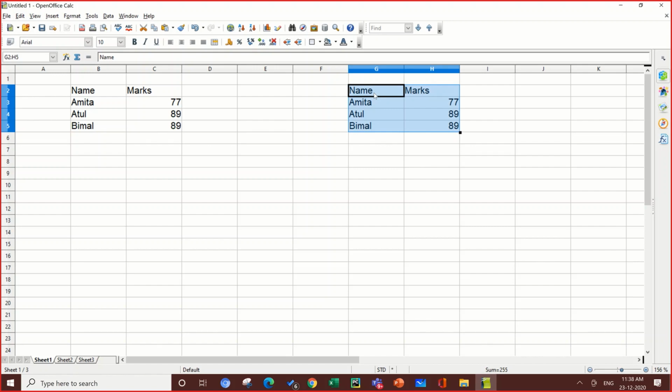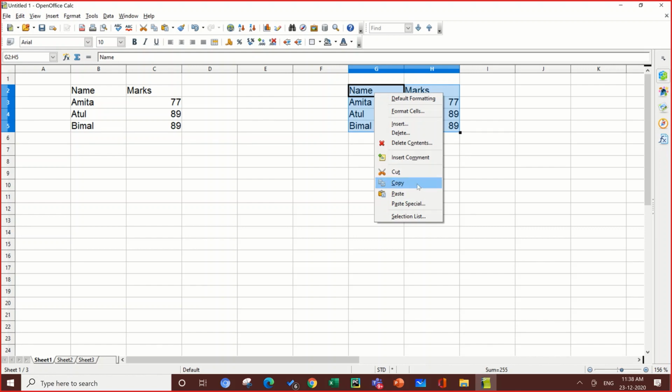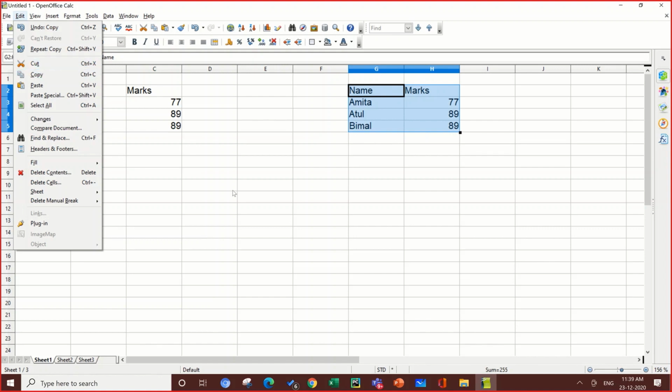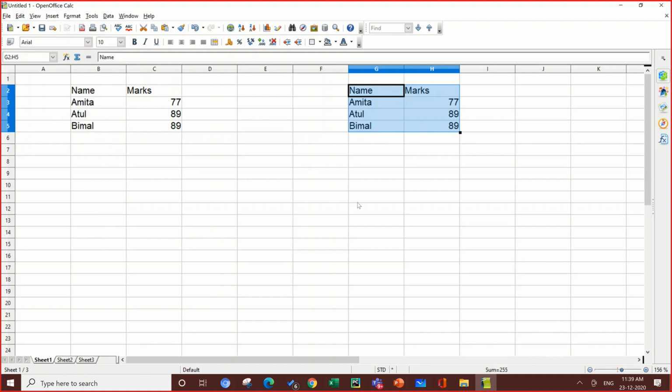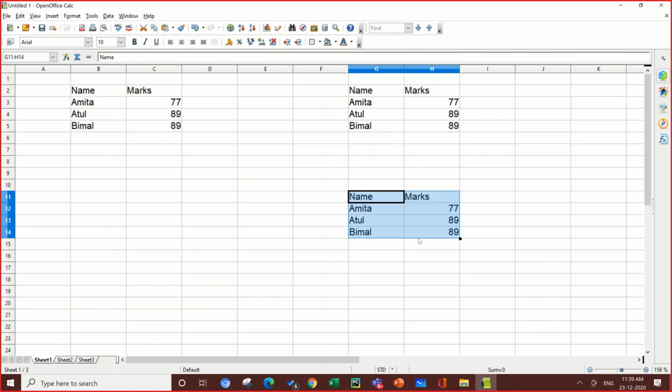This copies the data from one range to another. Simply select the range, press copy, or right click, copy. You can press Ctrl C, or click on edit, click on copy and then paste. For pasting, select a destination, click on edit and then click on paste. So it will paste all the cells which you have copied.